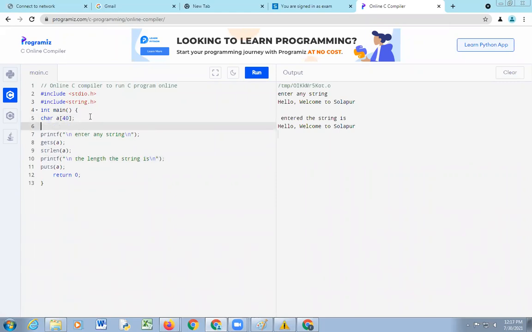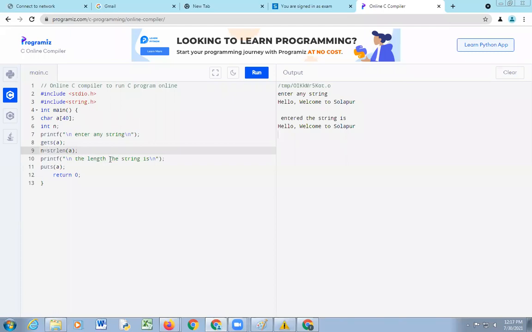One more integer variable is required to store the length of the string, suppose n, and n is equal to strlen of a.